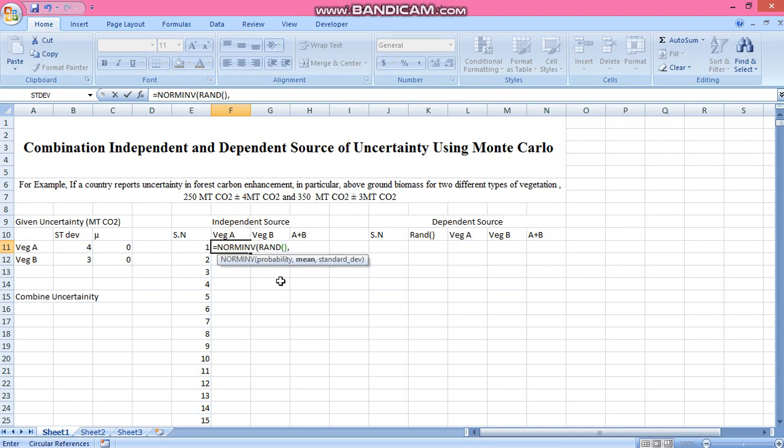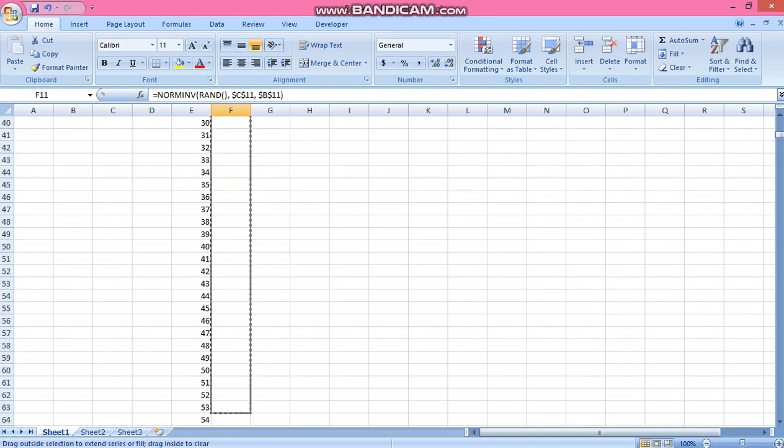We have a mean of 0 in column C, and we have standard deviations in column B. And this will give us a number, and we are going to follow the same equation